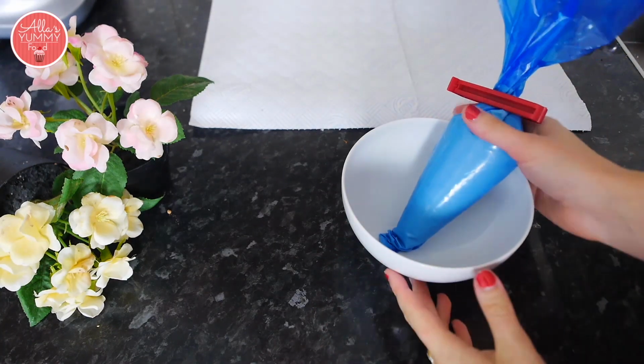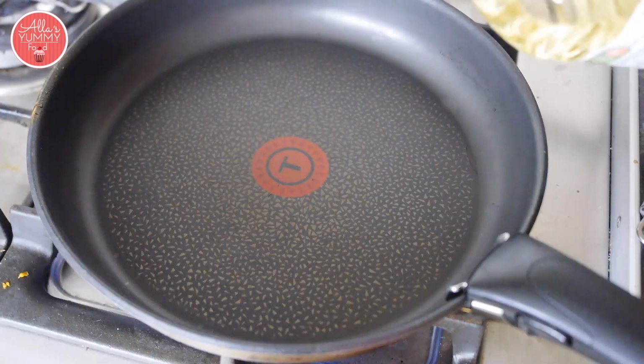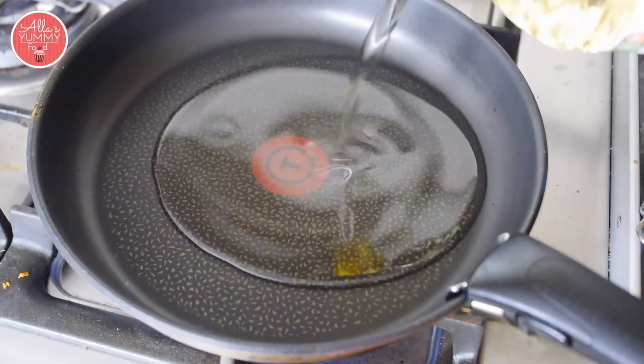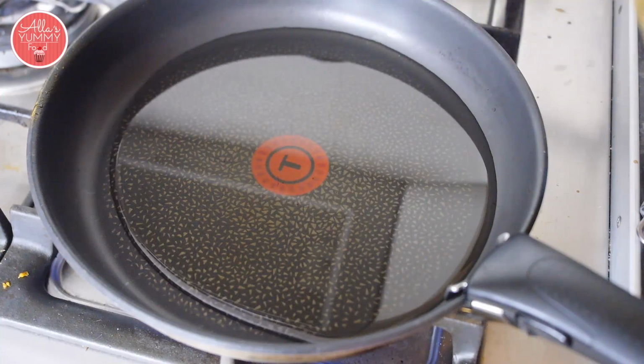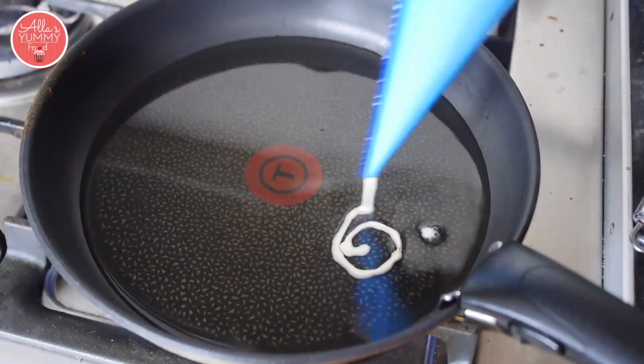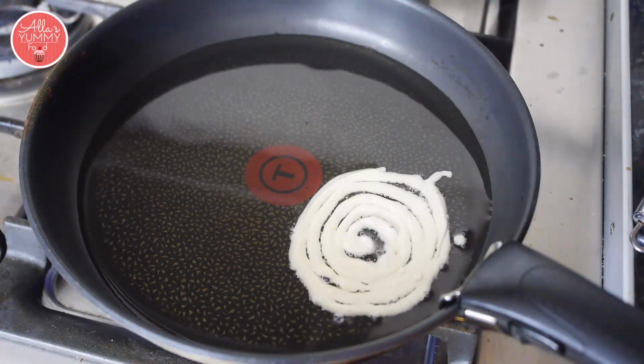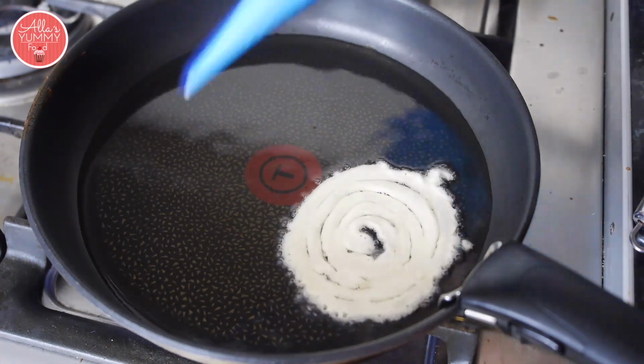I've also placed some paper towels in the back where we're going to put our Hvorost to get rid of any excess oil. So in a pan, because we're deep frying these, we're going to add quite a bit of oil. I'm testing it with some flour and it starts to bubble up. That means the oil is nice and hot and it's ready. And at this stage, you want to pipe your Hvorost